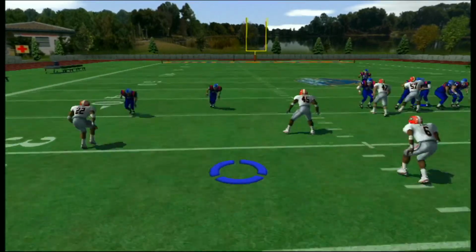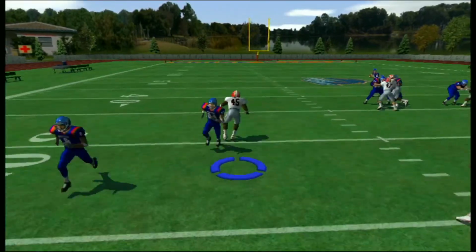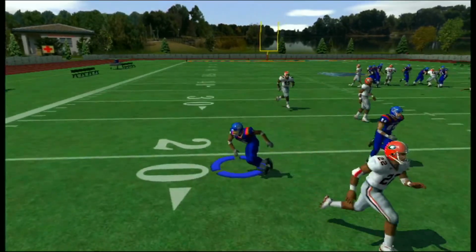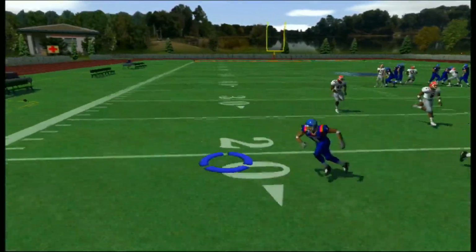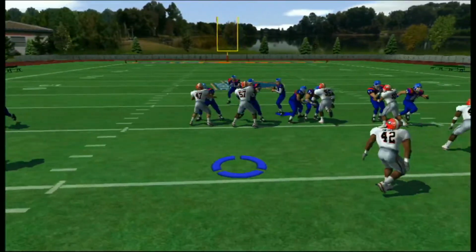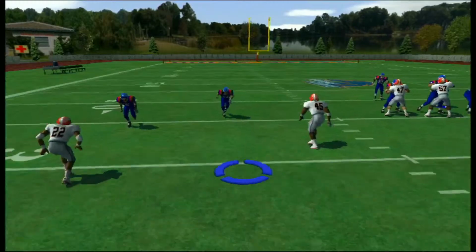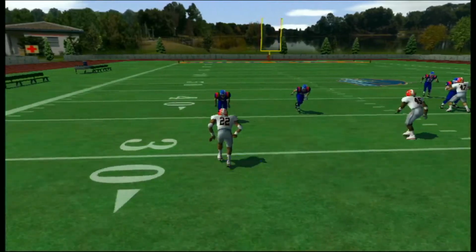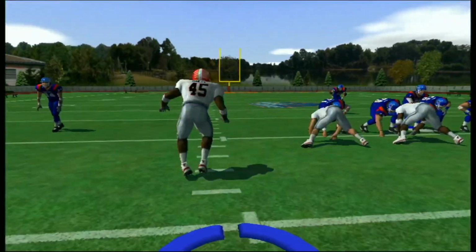And it's called seam curl flat because if the receiver doesn't run down the seam, then you're rolling to the curl that can come underneath it, because another weakness of this defense is this route coming back underneath as either a curl or a hook. So you're running seam curl flat, so assume that he breaks underneath, and you were pulling back to take the seam, and now since you don't have the seam, as you're drifting, you're then running hard to get to the curl, to stop the curl from happening. So we're number 6, you're just pretending you're number 6.